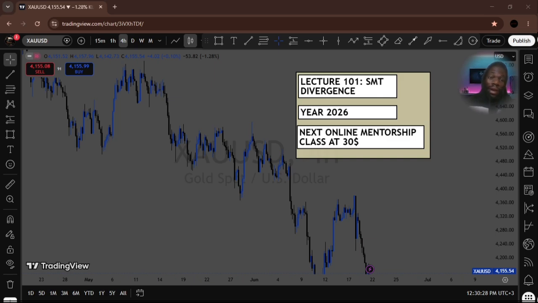So what is SMT in full? That's the first point. SMT is the smart money technique. SMT means smart money technique. That is it. So what are smart money techniques, and how do we see these